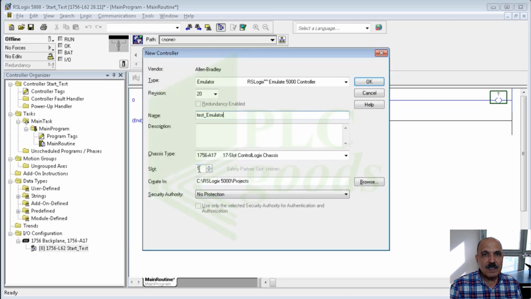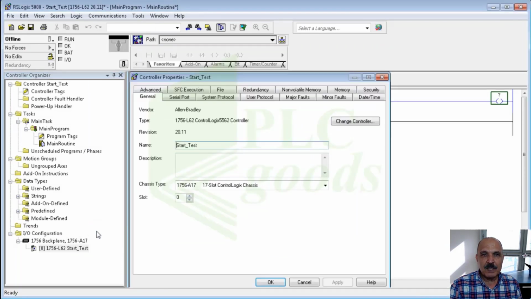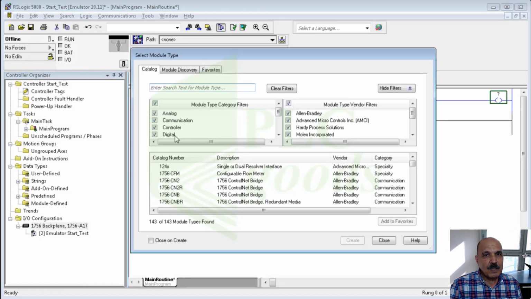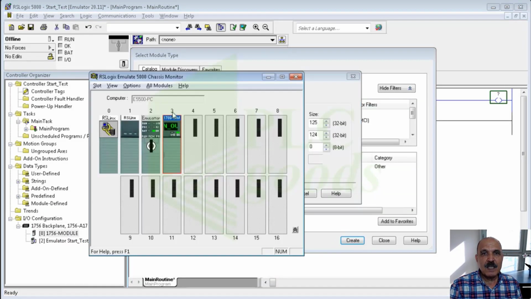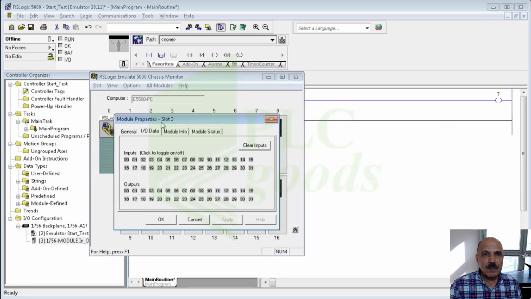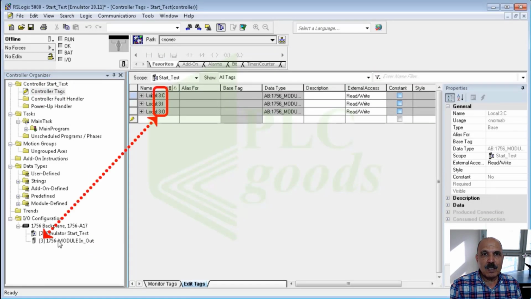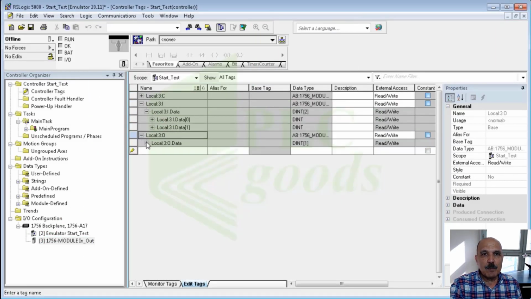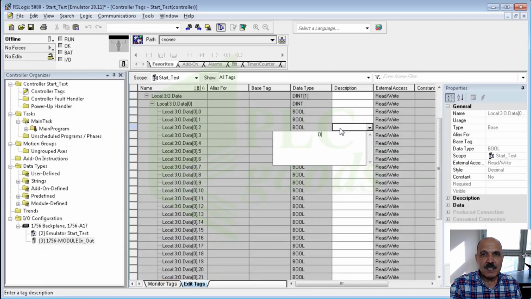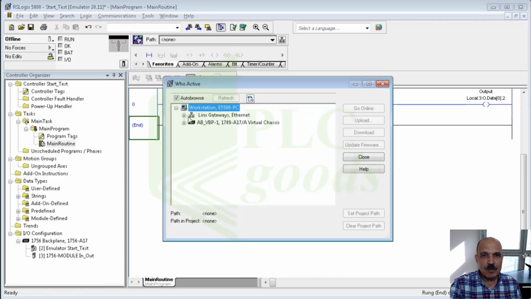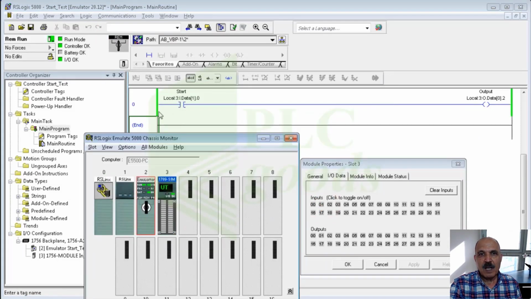The key focus is on a practical project that uses a push button to control a lamp. The showcase covers elements such as ladder logic, digital inputs and outputs, and connecting the virtual PLC to the software. The step-by-step approach, clear explanation, and hands-on display make it a priceless resource for those starting with Allen-Bradley PLCs, 5000 controllers,